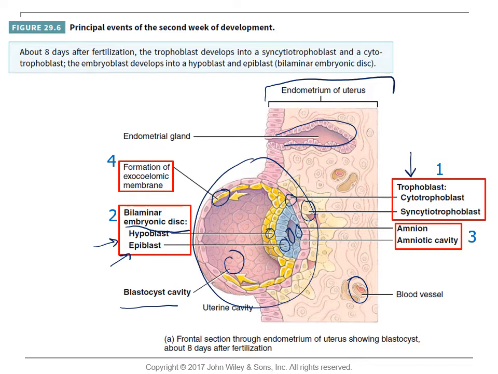Okay, I'm going to go over the development stages of the second week of development again. At first we have the development of the trophoblast. Like we said, about 8 days after fertilization, the trophoblast is going to develop into two layers in the region of contact between the blastocyst and the endometrium. And as we can see here in this figure,